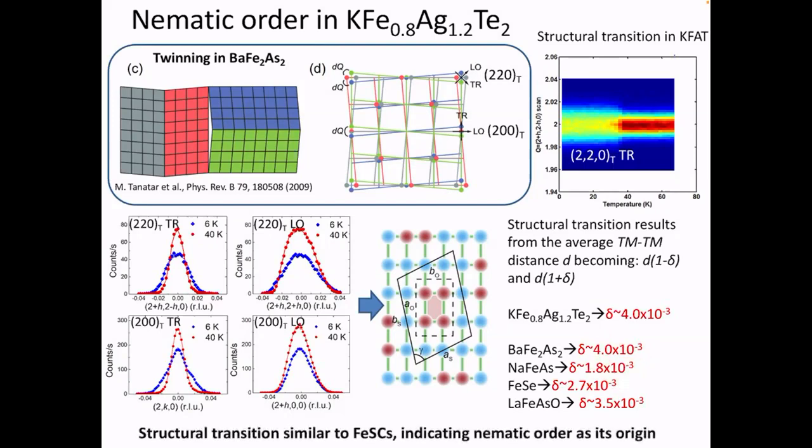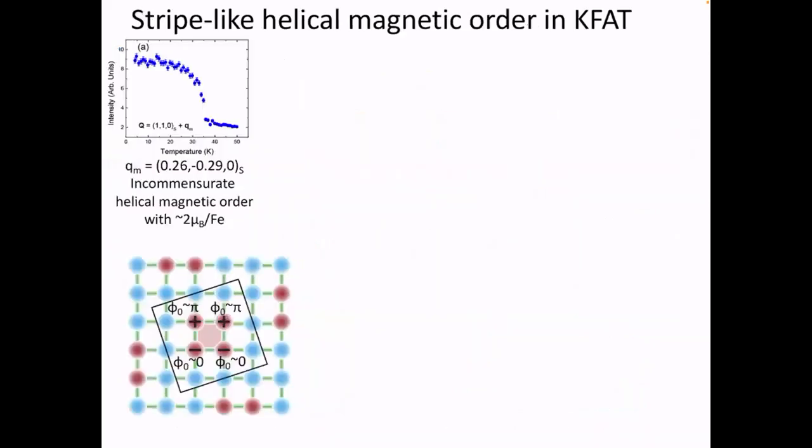So this is something that's quite interesting to us and basically suggests that the structural transition that we see in this material is very similar to the ion-based compounds, the ion superconductors, and suggesting that the same kind of nematic order is at its origin. All right, so